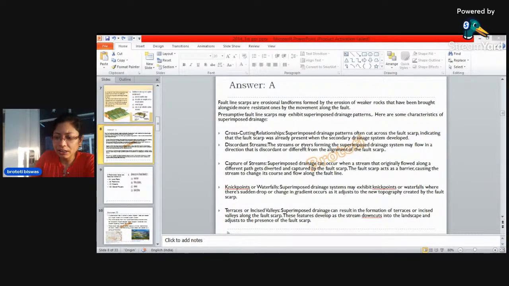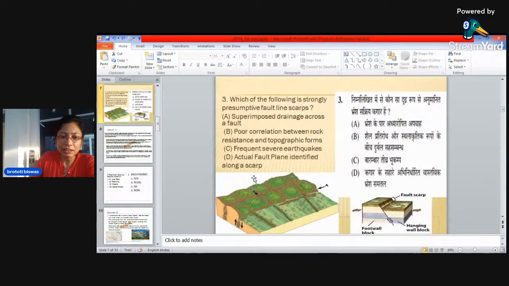So in a fault line scarp, one of the most important patterns, the drainage pattern of a fault line scarp, is superimposed drainage pattern. And this you need to understand. So if you just go to the previous slide, then you will see